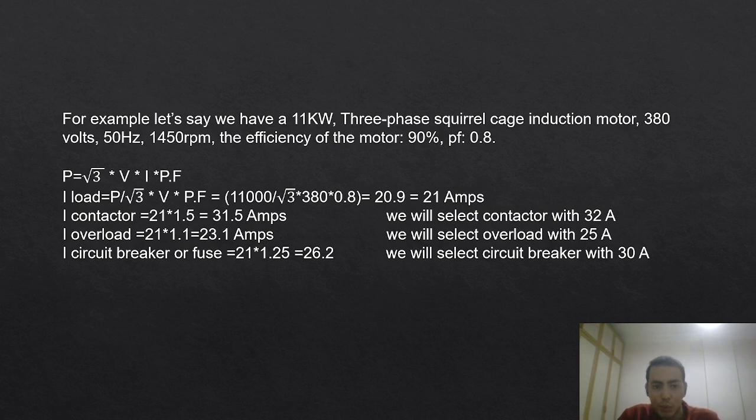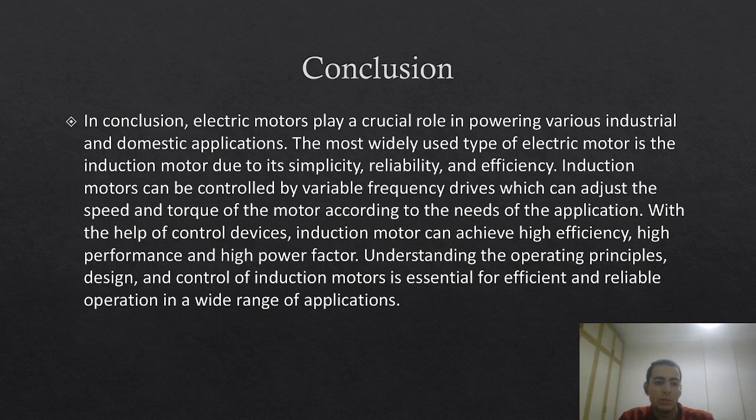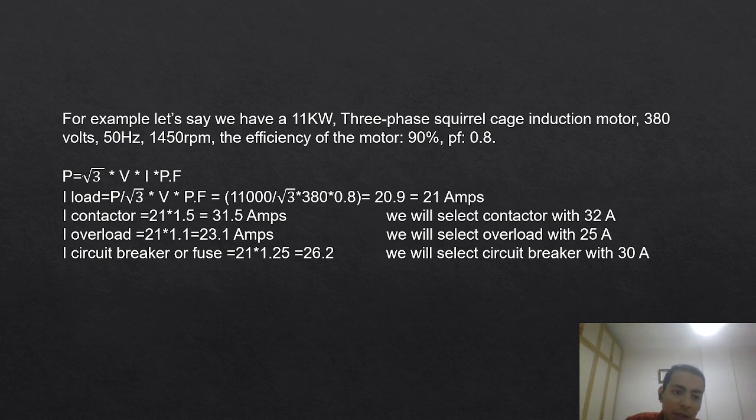For example, let's say we have a 12 kilowatt three-phase squirrel cage induction motor working on 380 volts, 50 hertz, with output speed 1450 rpm. The efficiency of the motor is 90%, power factor 0.8. According to the relation that power equals root 3 times voltage, current, and power factor, we can calculate from this